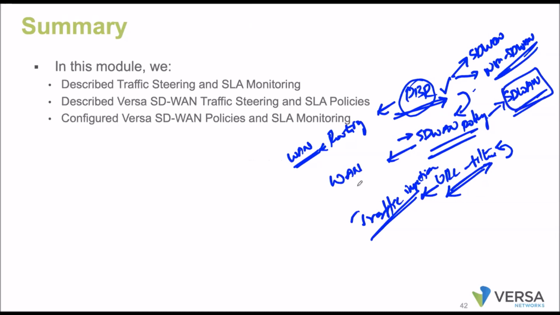Okay. So this is only for the SD-WAN traffic. How do you want to play around with the WAN transports? That is with the help of SD-WAN policies. So these three are totally different. If you configure both SD-WAN policies and PBF, which one will be preferred first? For the traffic flow, we consider PBF over the SD-WAN policies.